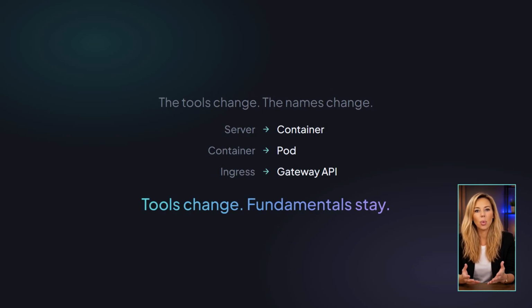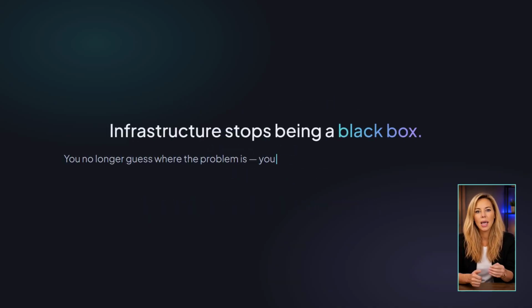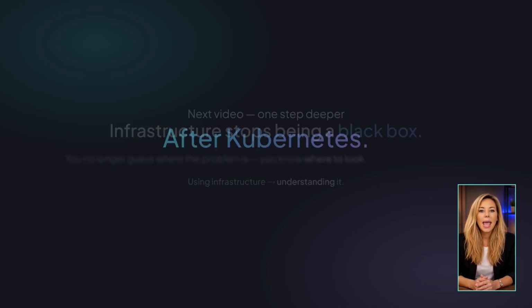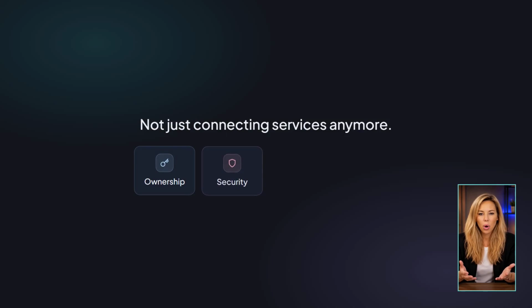In the next video, we go one step deeper. We will look at what happens after Kubernetes. Gateway API, Zero Trust, Observability, HTTP/3, and eBPF. Modern infrastructure is not just about connecting services anymore. It is about ownership,